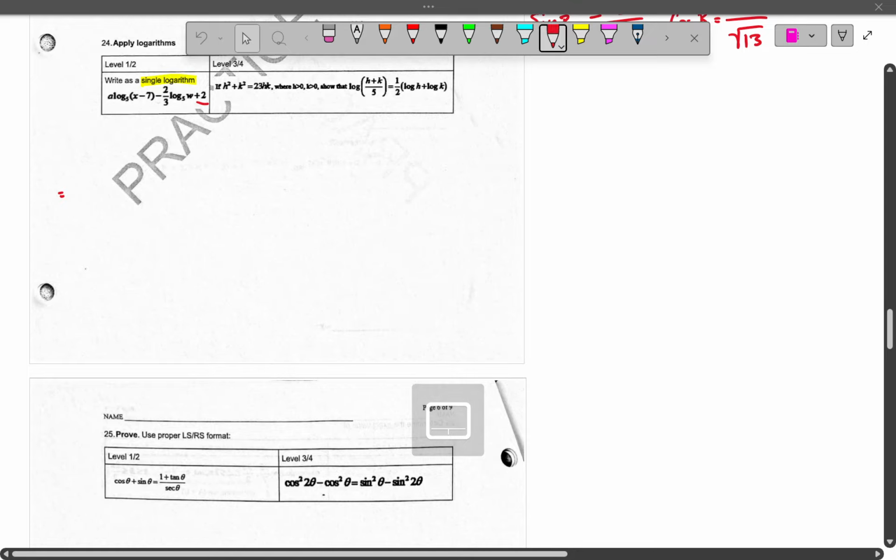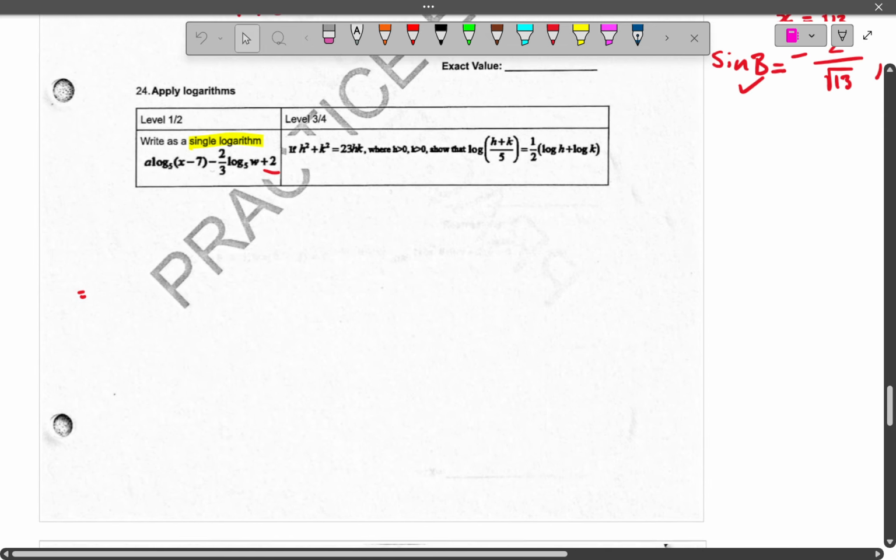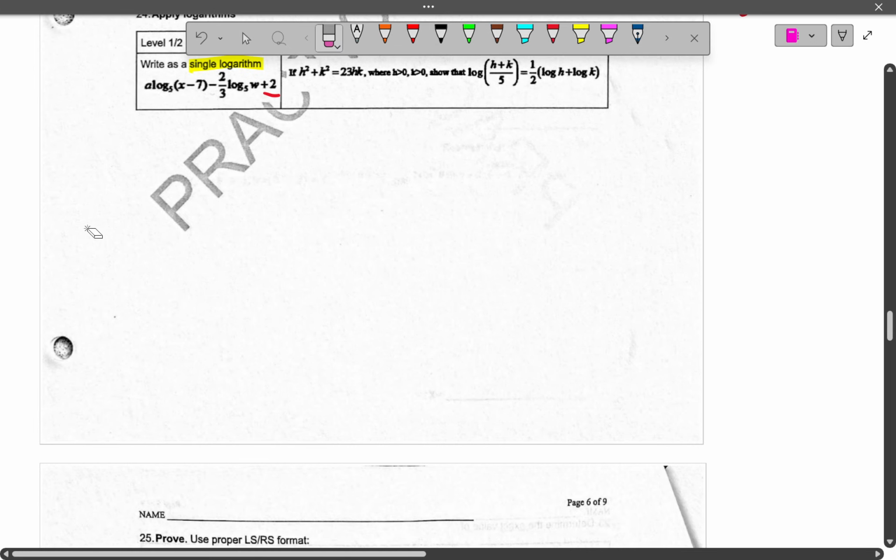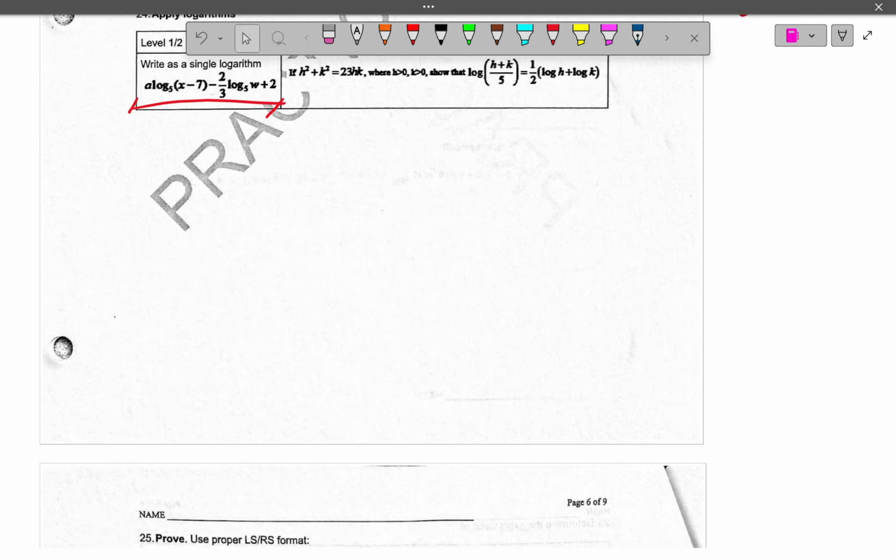Okay, so I'm going to be doing a question here for 24 on logarithms. It's asking us to write this expression as a single logarithm. So right now we have 2, and then we have this constant. And so you're going to be using the log rules, which are at the very bottom